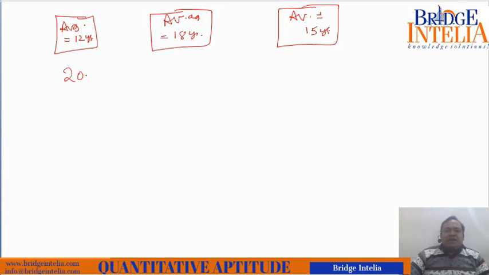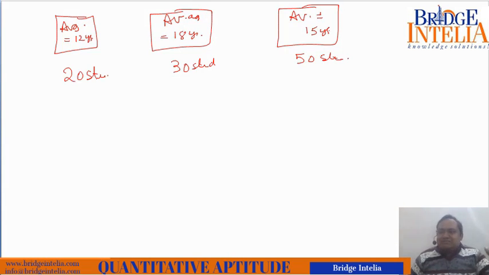If there are 20 students in group A, 30 students in group B, and 50 students in group C, and somebody asks what the combined average age will be,